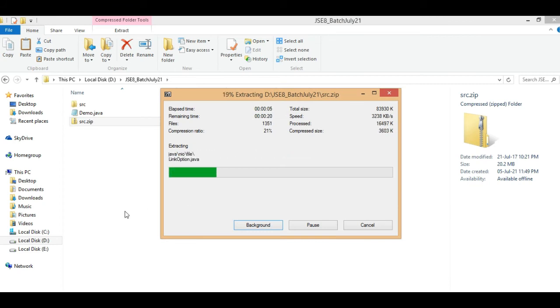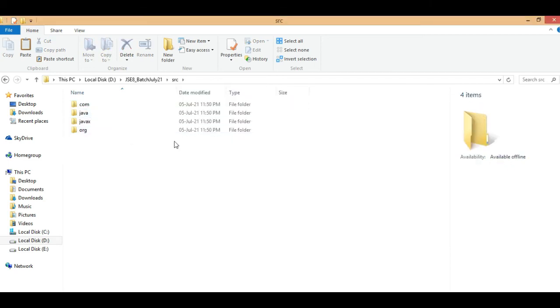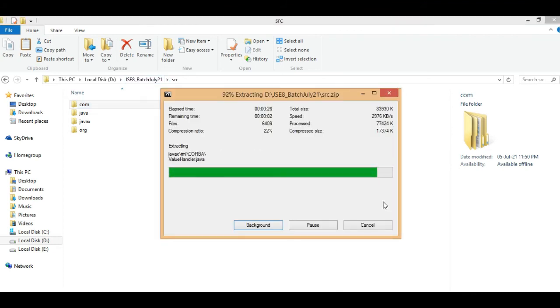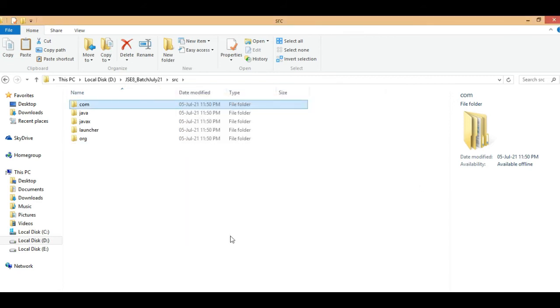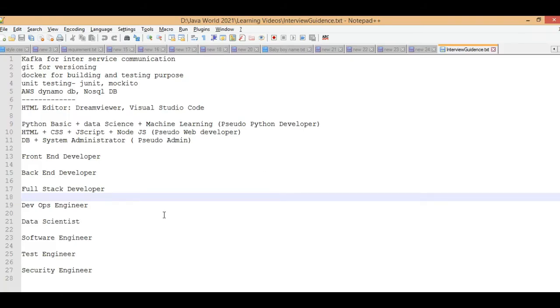As we know, Java is an open source language, so an open source language provides you the source code which we are using while compiling and executing our programs. Let's come here. Extraction is not completely finished. Okay, so these are the source code files. How can we check? To check this, first of all, understand the program.